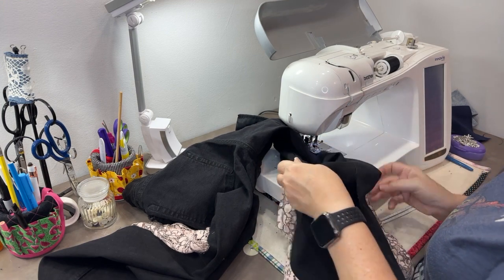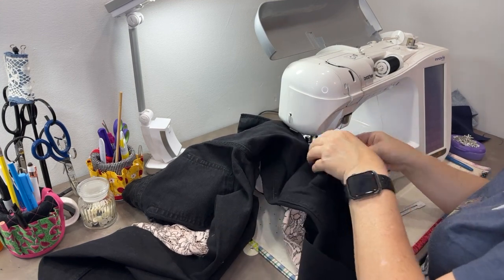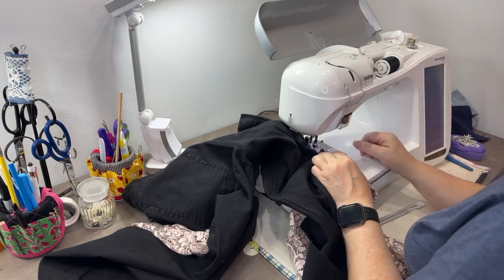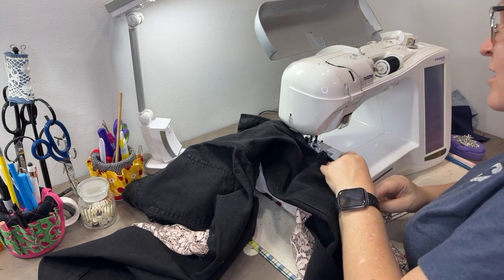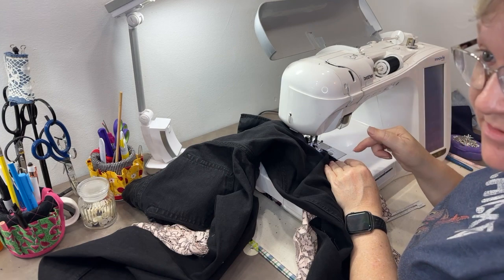Alright, I have turned the corner, and now what I am going to do, oh, dog's barking. Perfect timing. Bruce. Oh, actually it's Lula. All right, I'm going to stop here, go see what's wrong with the dog, come back to the machine, and